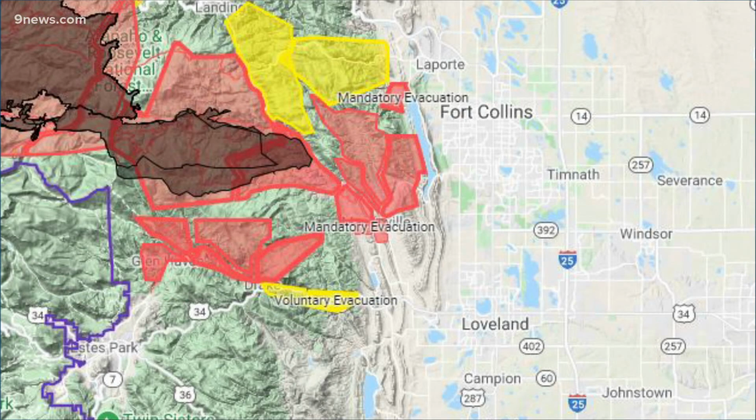This is a look at the latest evacuation map. The areas in red are still under mandatory evacuation. The yellow shows the areas under voluntary evacuation. The Red Cross says if you need help, go to the Hilton Garden Inn located on Harmony Road in Fort Collins. You can also call the number on your screen,